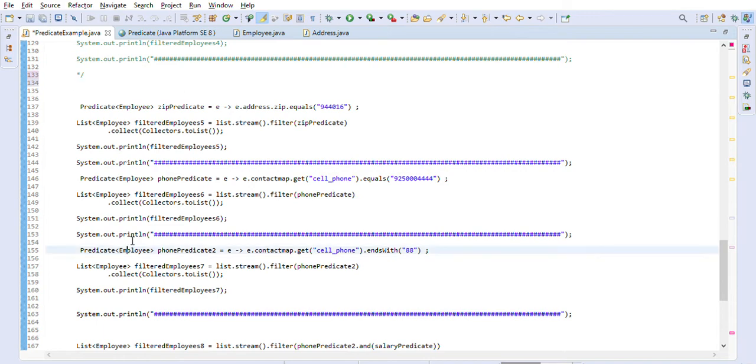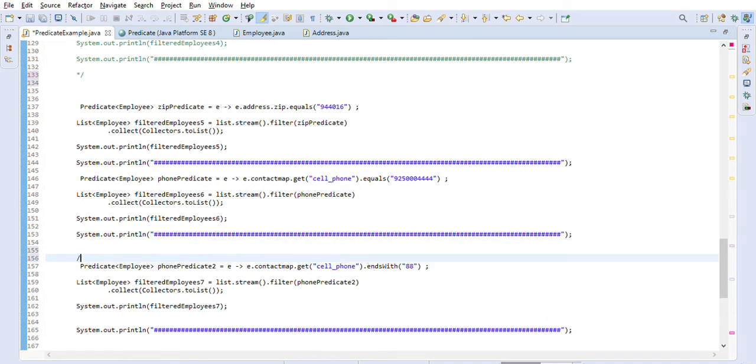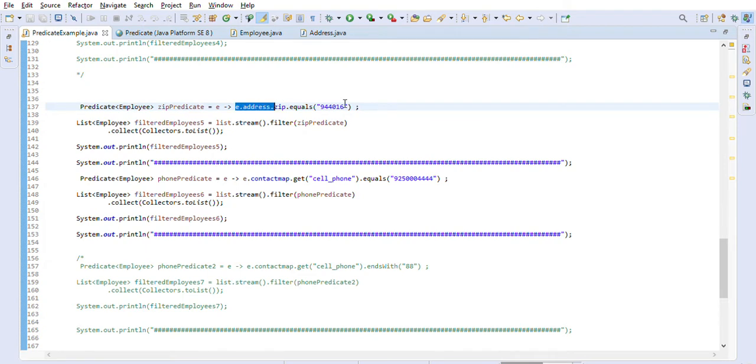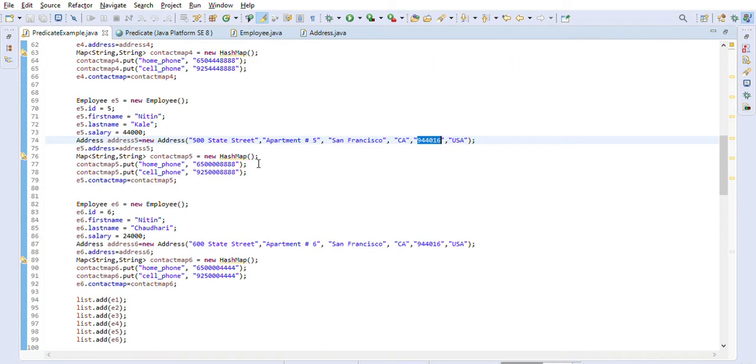These next two predicates we will see now. The first predicate here is we want to find out employees whose zip code is 944016, right? If you check here, this is the employee who has 944016, and this is also 944016, and ID is 5 and 6, right?